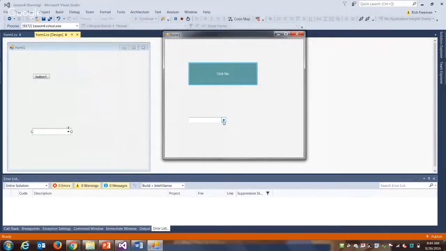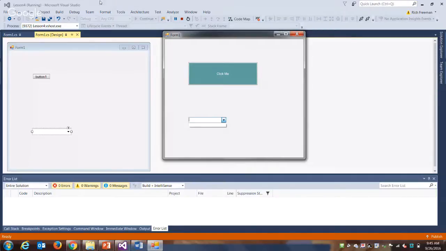So there's our form. What do you think, if click is the method we're usually interested in with a button, what method would we be interested in on a drop-down list? What would a user do with that drop-down that we might be interested in our code? Yeah, usually we're going to assume there's maybe some kind of select method. So when the user chooses something, we didn't put any choices in here, but when they choose one,